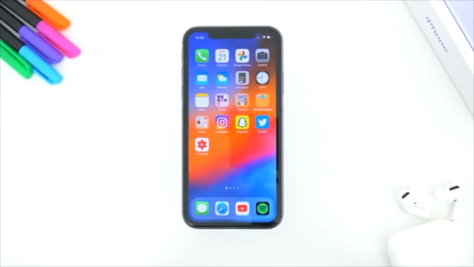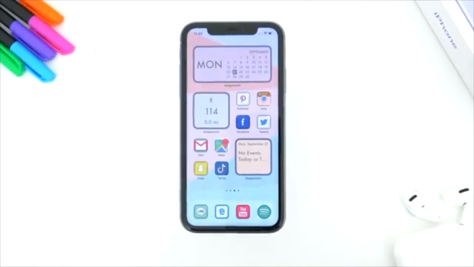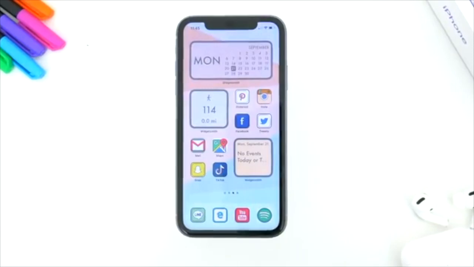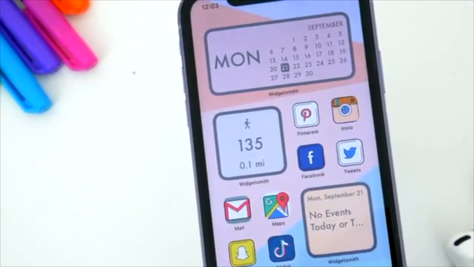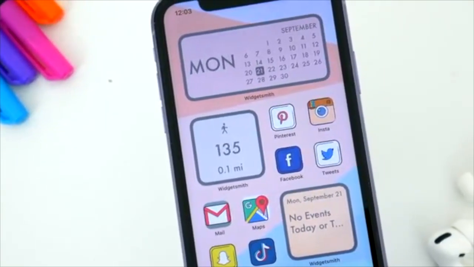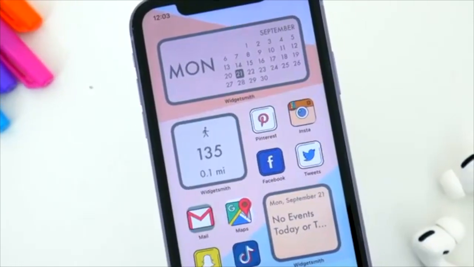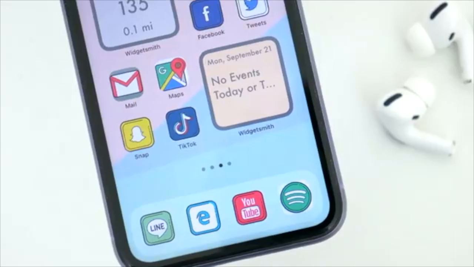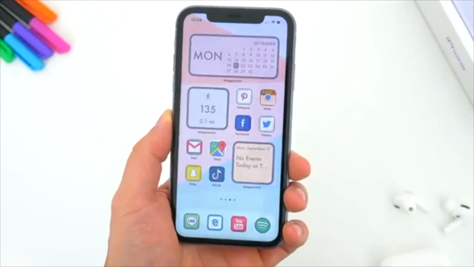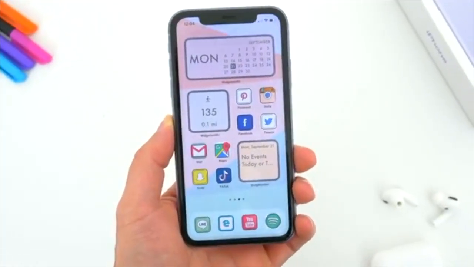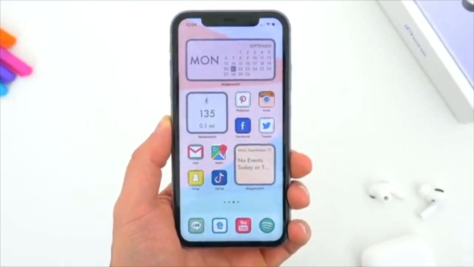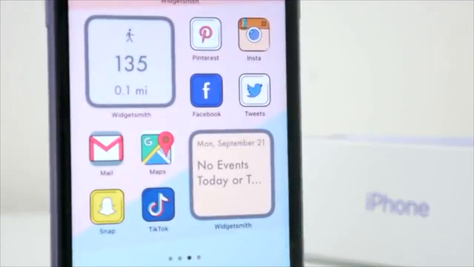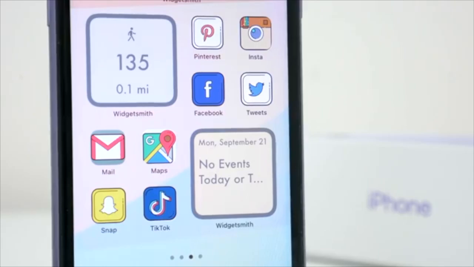I'm going to show you how to set custom app icons for all of the apps on the home screen of your iPhone. Now, this trick has actually been around for a while, but with Apple launching iOS 14 a few days ago, which included those new widgets and some other stuff, a lot of people have been showing off a totally custom home screen with these custom app icons in addition to all the other stuff. And I guess a lot of people maybe didn't know you could do this with the custom app icons, but